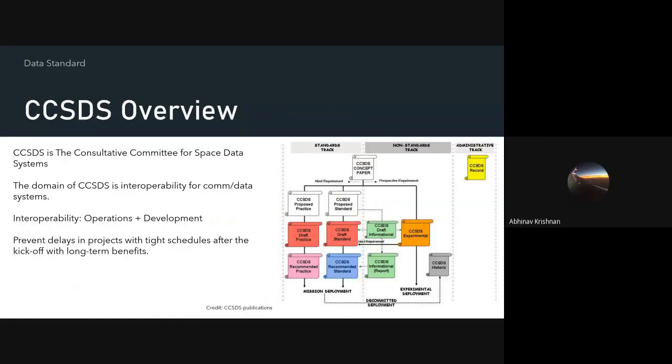All right, let's come to the data standards. Let me give you the rationale for why I wanted to bring this to your attention. Going forward, I think people who are interested in mission design, mission operations, or even just continuing within astrodynamics, you would come across these standards mainly because these are designed with interoperability in mind. So if you're developing a tool where you want to take in position vectors or state vectors from some particular epoch, and propagate them to some other epoch